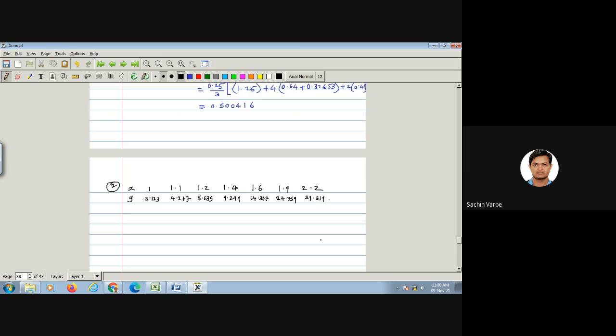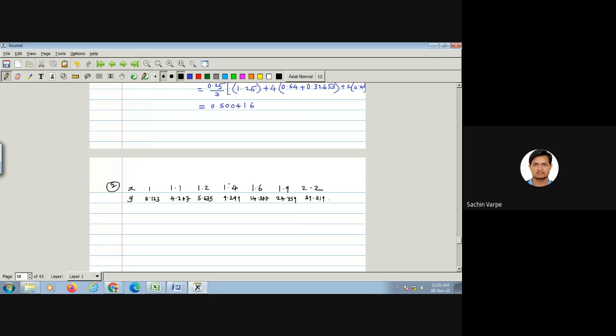Find the numerical integration of the function in the limits from 1 to 2.2 using the trapezoidal rule and Simpson's 1/3 rule. Both of them. So actually here we can see the intervals are not equally distributed. The lengths are not equal, right? Here we can see the length is 0.1, here the length is 0.1, but here the length is 0.2. So h is not evenly spaced.